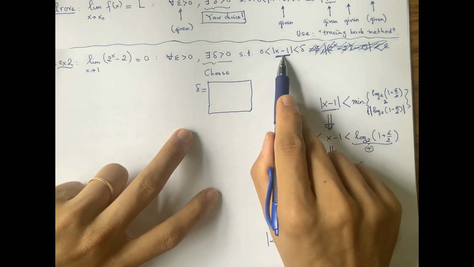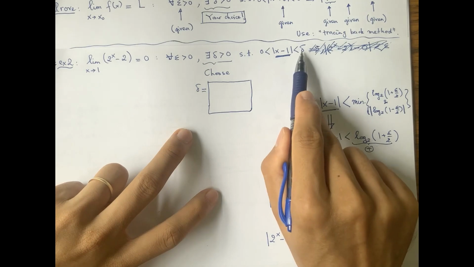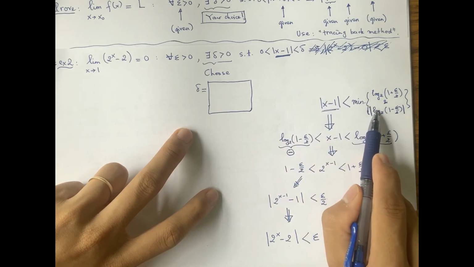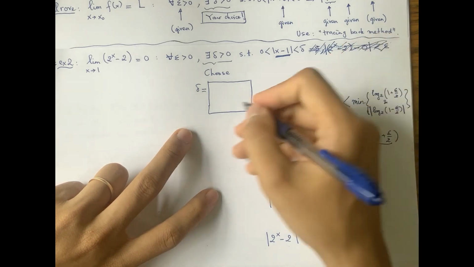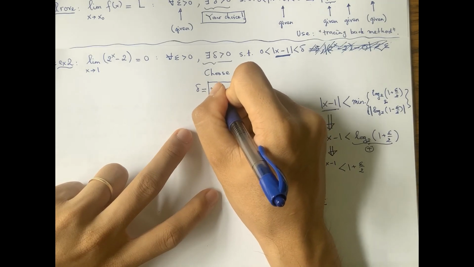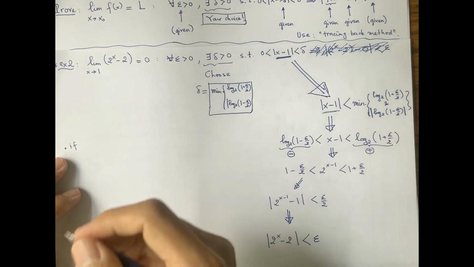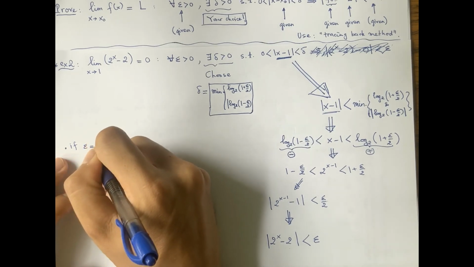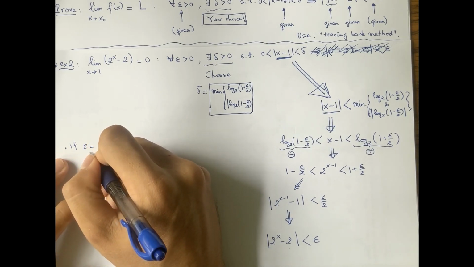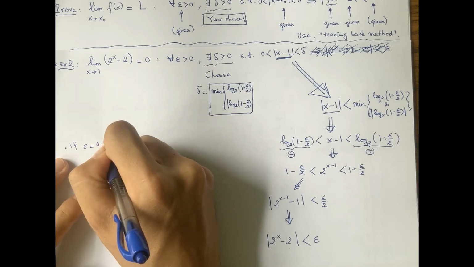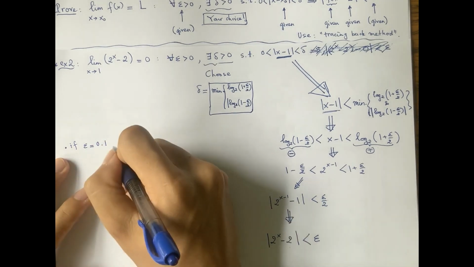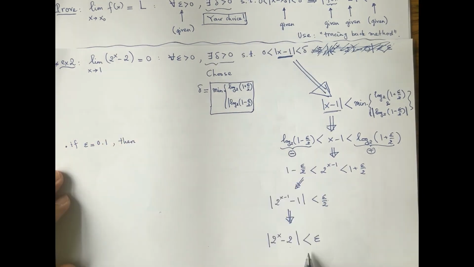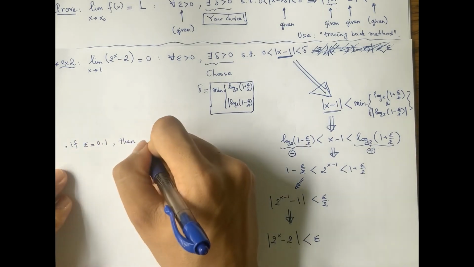Now, if you want this to imply this, you only need to pick delta to be exactly the right-hand side. So pick delta to be the minimum. So let's consider a value for epsilon. If epsilon, say, is 0.1, then you will only need to pick